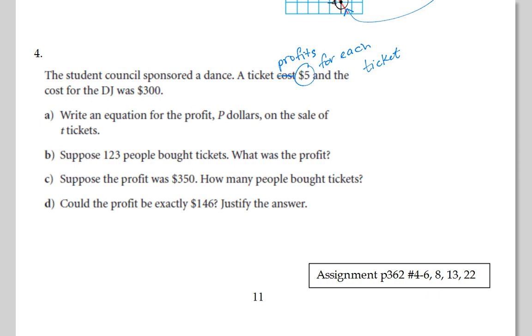Okay. So what happens if somebody bought 1 ticket? How much money comes in? And if you buy 2 tickets? 10. And if you buy 3 tickets? 15. That is this equation,